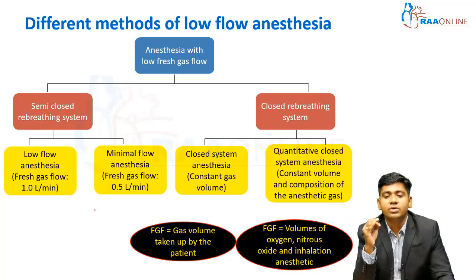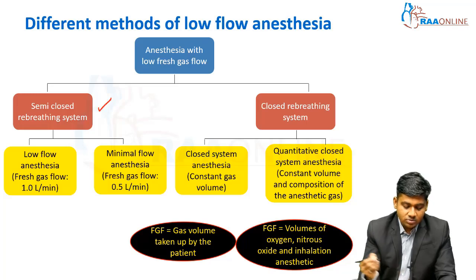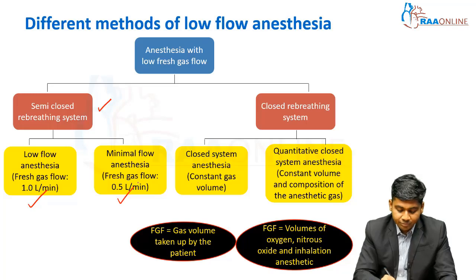We can achieve low flow anesthesia through the closed circuit rebreathing system very easily. But it is very difficult to achieve low flow anesthesia through the semi-closed, and it is impossible in the open circuit because all the gases are delivered to the atmosphere. So here you can see semi-closed circuit low flow anesthesia, fresh gas 1 liter per minute,